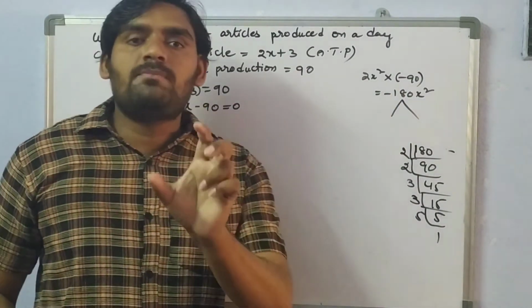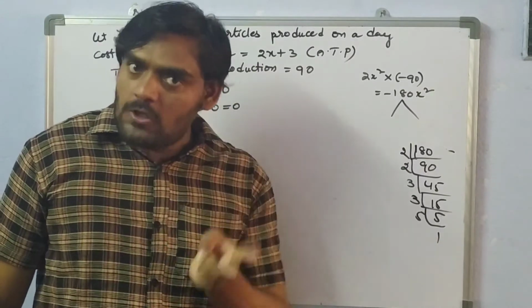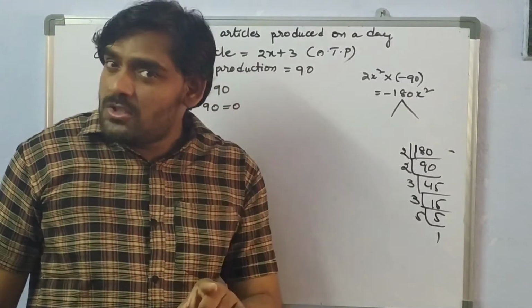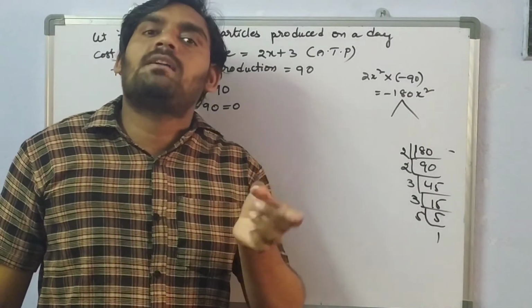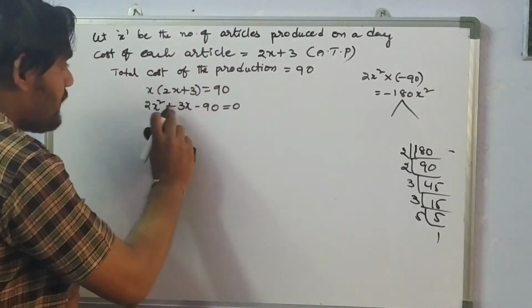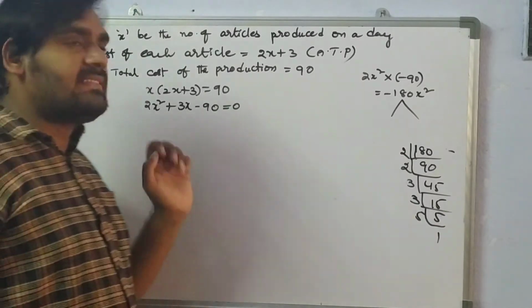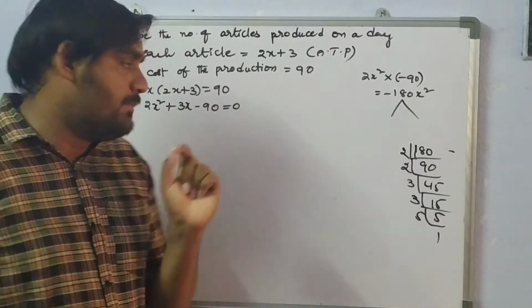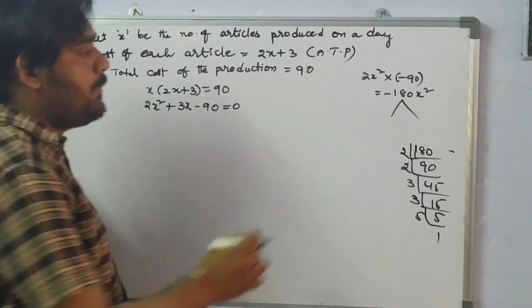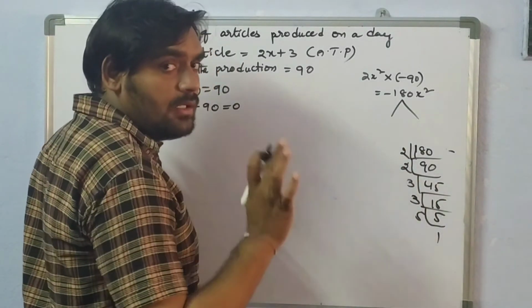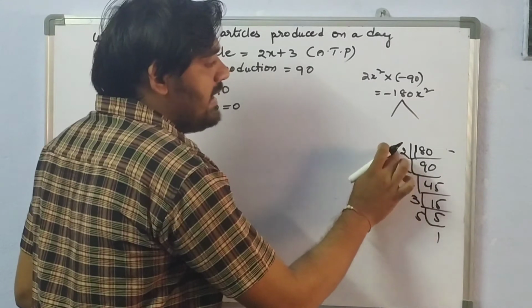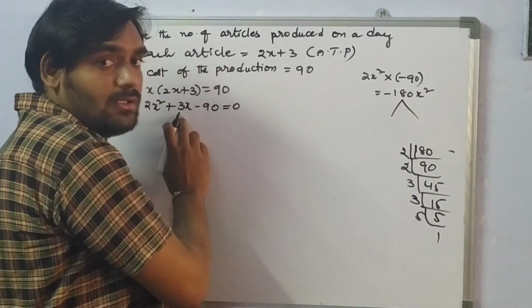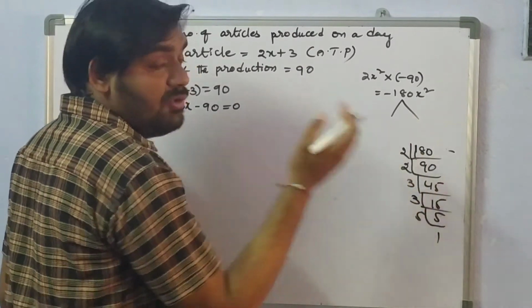When you take two terms, one term should be positive and the other term should be negative. But which term we need to give positive and which negative depends upon the middle term. So here plus 3x is there, no? When you take two terms, for the larger number we need to give the plus symbol. Suppose 2 into 90, you will get 180. Minus 2 into plus 90, you will get minus 180. But the sum should be equal to plus 3. If you add, you won't get it.